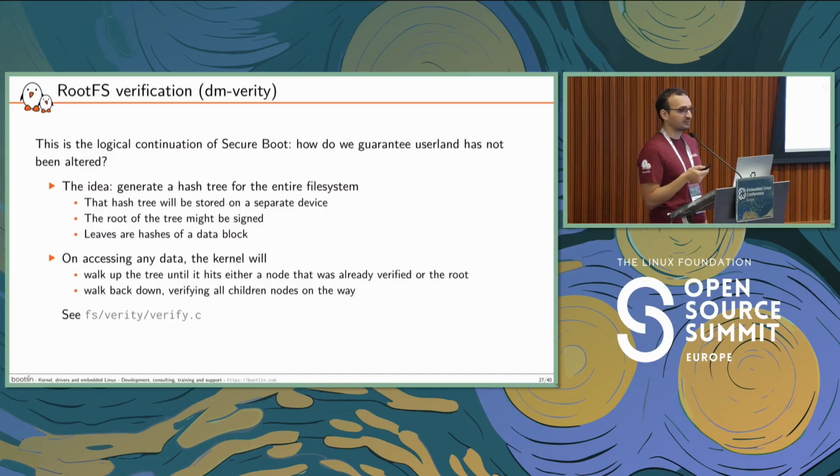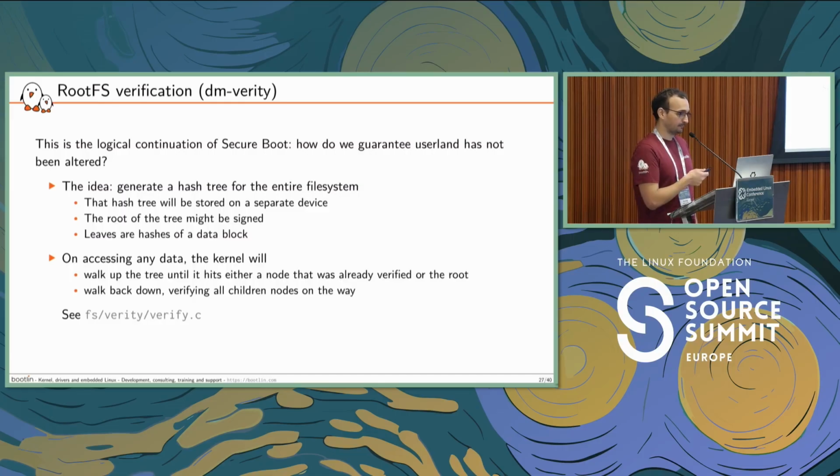And when the kernel is starting, this is not going to happen at boot, because this would be a huge performance penalty. So we're not going to verify the entire file system at boot. But when the kernel starts to access data on the disk, it will essentially load up the hash that is in the tree and verify it up to a hash that it has already verified, so up to a node that it knows it has already verified, and then it's going to walk back down to check all of the hashes down of that hash. So if I change a file on the file system, when the kernel is going to try to access it, it's going to hash it, and if it finds that it's different in the hash tree, that's already not going to be great,